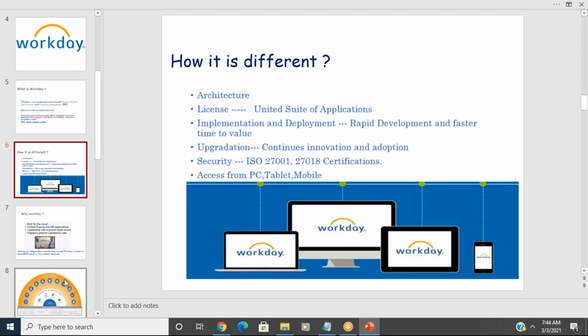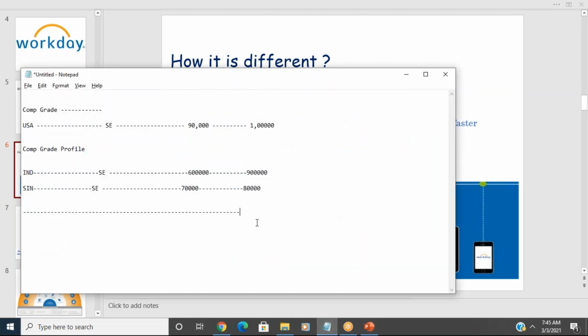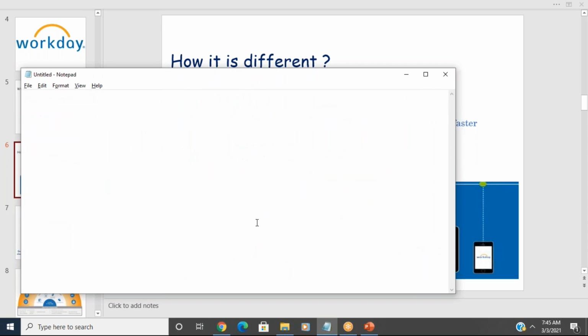So every month the customer will get the bill. If I understand you, let's say my organization has 10 employees this month working on Workday, and they have a different pay structure. And the next month my organization hires 100 or 200 more people. So they're going to bill me for the particular number of people working on it.